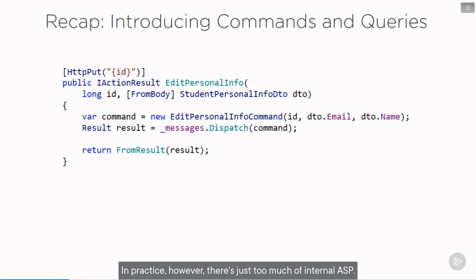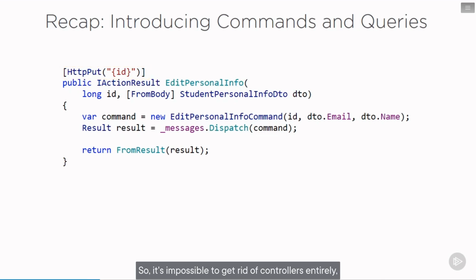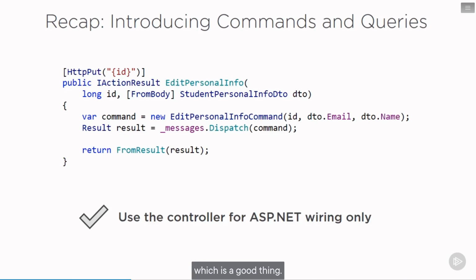In practice, however, there is just too much of internal ASP.NET wiring that is tied to the presence of controllers. For example, the HTTP method, such as GET or POST, and URL routing. So it's impossible to get rid of controllers entirely, but you won't be using them for anything other than this ASP.NET wiring stuff. All the application logic will go to the command and query handlers themselves, which is a good